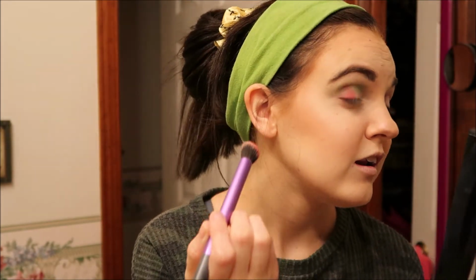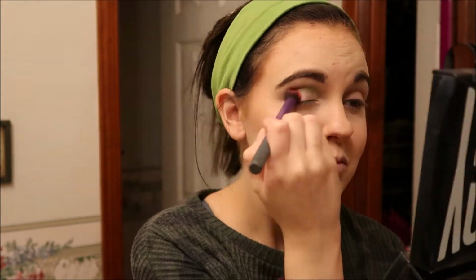Like, that's what I need, it's like a little pinkish tone. I don't think it's pinky, it's like a pinky tone, so let's, I mean, it's working. I'll take it, it's working. Alright, so windshield wiper motion, here we go. That actually doesn't look too bad. Right now it does look like I got punched in the face, but